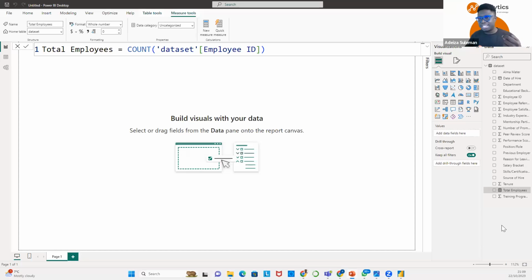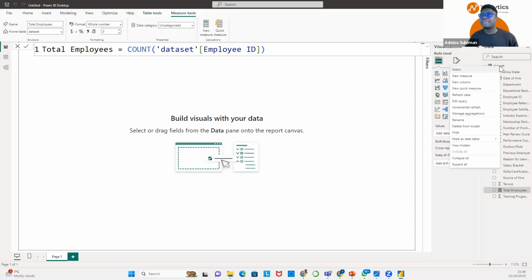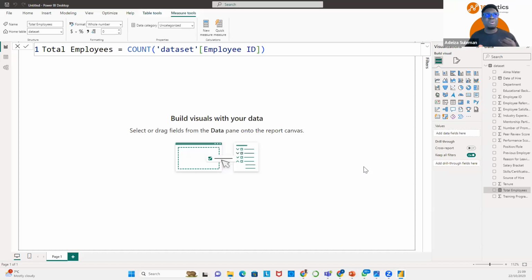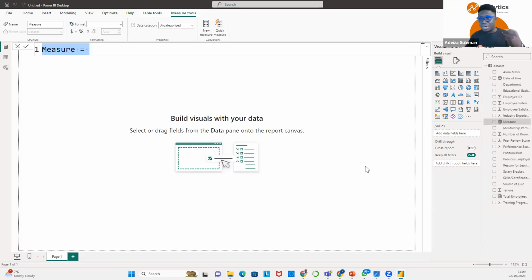So I'll go to my dataset again, click on it, and click on new measure one more time to create the second measure. Here I'll simply say AVG tenure equal to